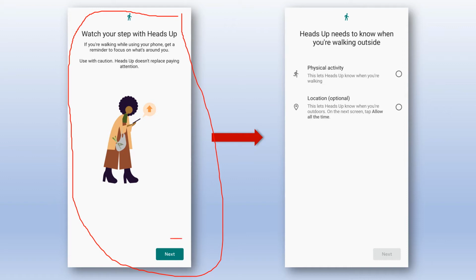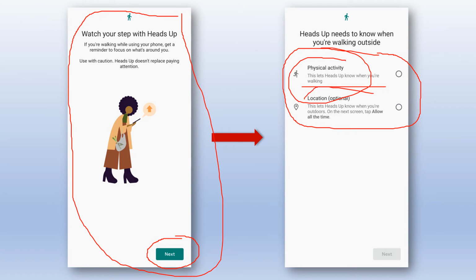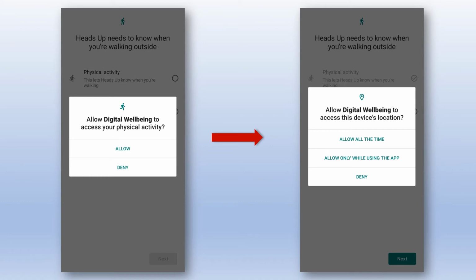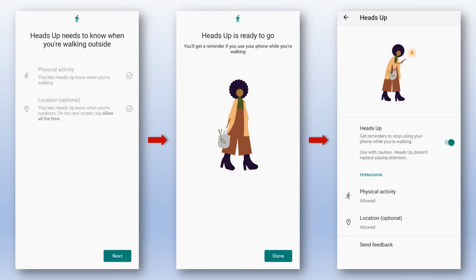When you click on the next button, you will see a dialog box, or you may say a page like this, where you will be asked regarding the permissions of physical activity and location. That will be optional, right? Okay, so further when you click on those, you will see this page where you have to allow or deny the access for the physical activity sensor, and here it will be the location. And when you allow both of those, you will see that it has been dimmed. That means you have granted the permission, right?